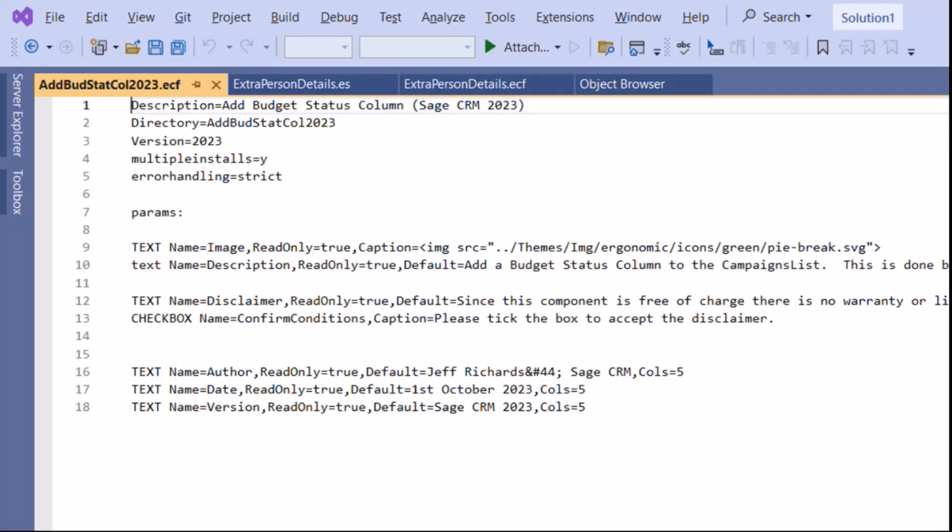If I look at the component that I had downloaded earlier on, which is the add budget status column component, and I have a look at its ECF file, you can see that it's got more parameters, specific parameters, which invite user interaction. You can see here there are text fields and there's a checkbox. There are other types that you can use. You can have selection lists as well. You can have radio buttons as well inside the